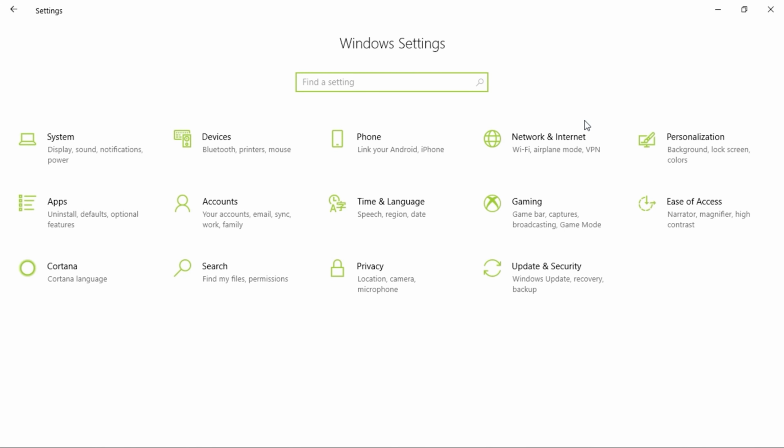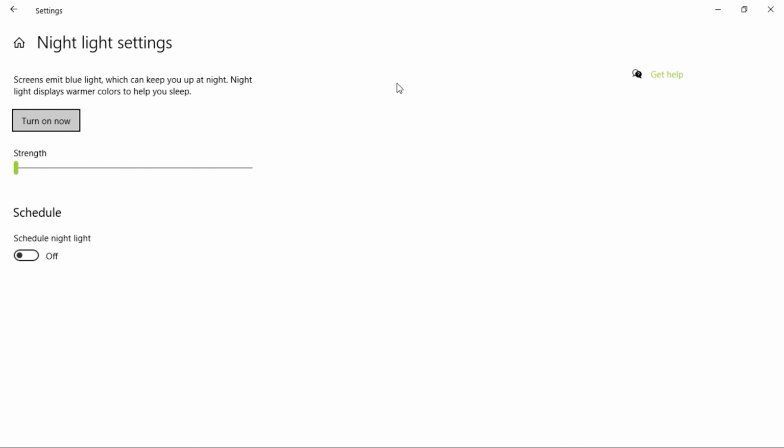Friends, and the last one is the night light or blue light filter. For opening the night light, go to the finder setting and then search the night light. When you open the night light settings, you will find a page like this one. For turning on the night light, you should press turn on now or turn off now. So you can change the strength by doing the